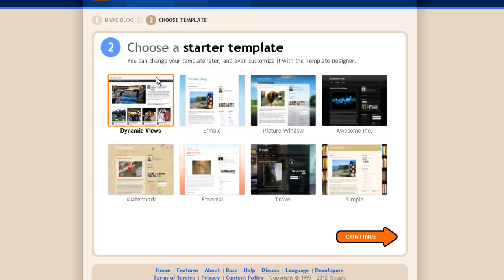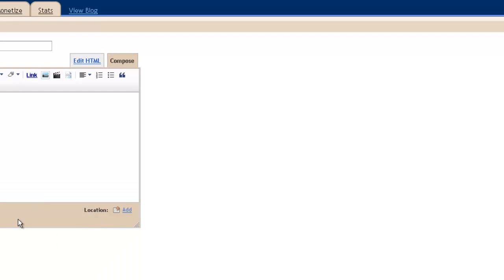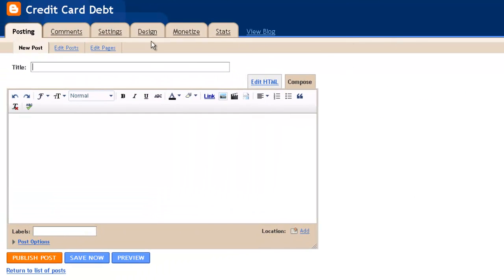Okay, so when you get to this page, you're going to click, like I said, the simple template, because it's ugly and it converts really well for reasons unknown. Then you're going to get to this particular page, okay? And this is basically where you can begin posting your new